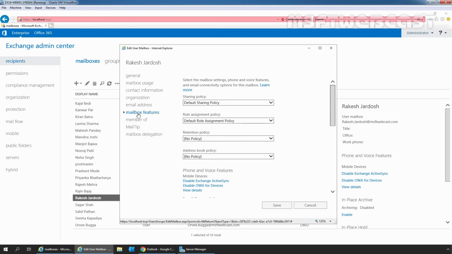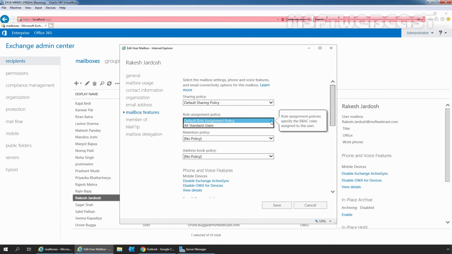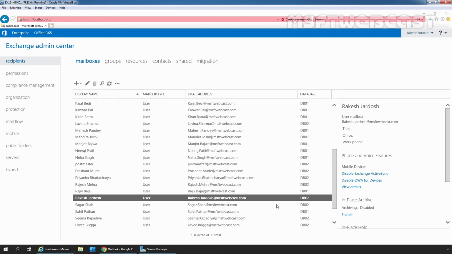Use the Role Assignment Policy selection list to choose the policy that you want to apply to the user mailbox. Let's click on the drop-down button and select the policy we created earlier with the name All Standard Users. Let's click on Save to apply the new policy to the user Rakesh Jardos.